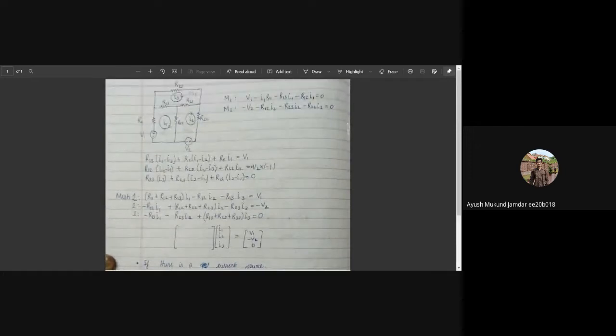I hope this made it very clear how the loops and matrices work. In the next videos, we'll try to understand a few more circuit theorems that will make our understanding of circuit analysis much clearer, and will make us more powerful to understand the circuits better.